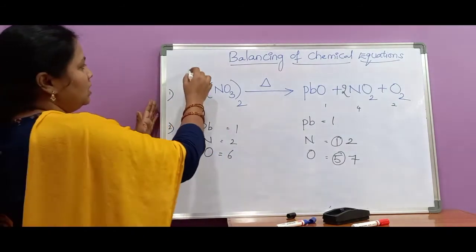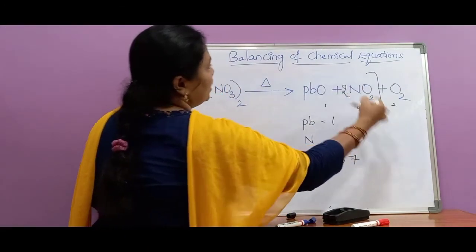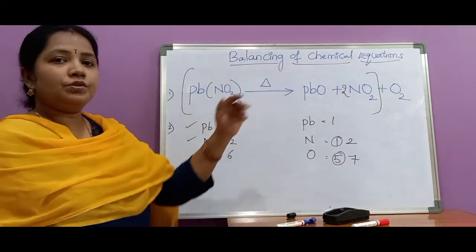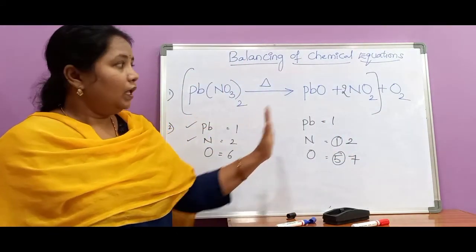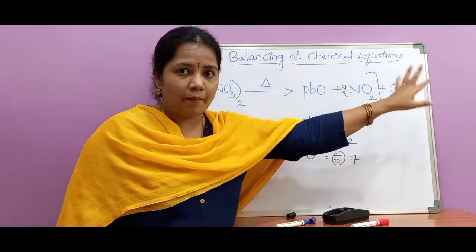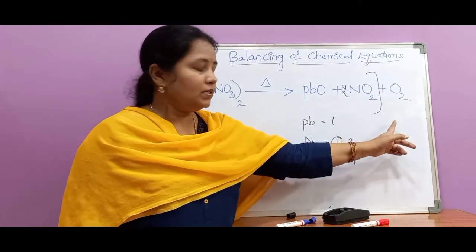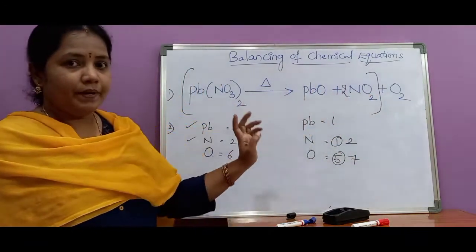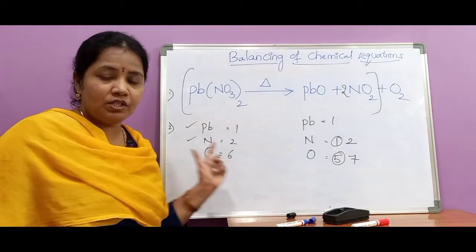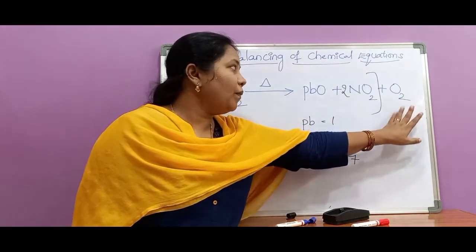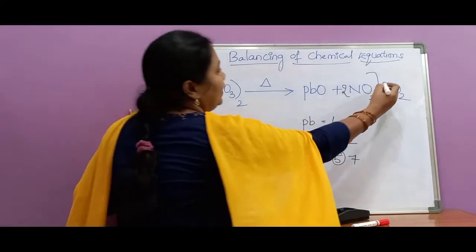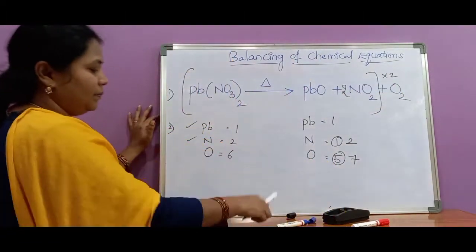Whole equation means here to here. Sorry, the whole equation should be multiplied by 2. Elemental means here oxygen is not combined with any other element. It is singly existing, and it is the not balanced element. So, the element which is not balanced, oxygen here, leaving the elemental form of that element, the whole remaining equation should be multiplied by 2.